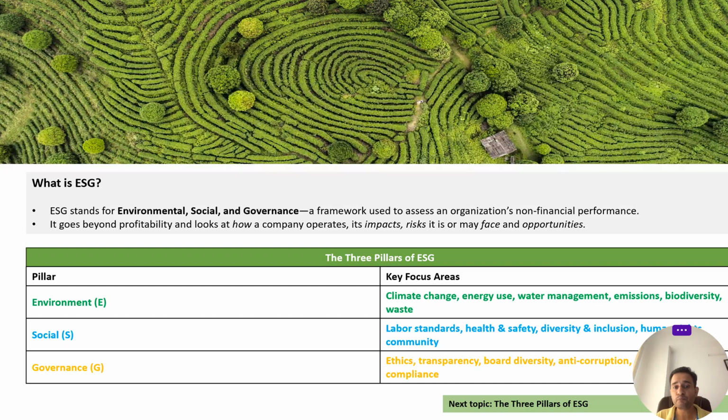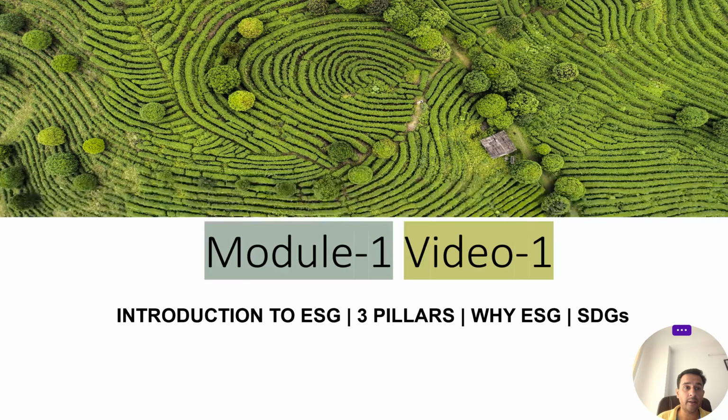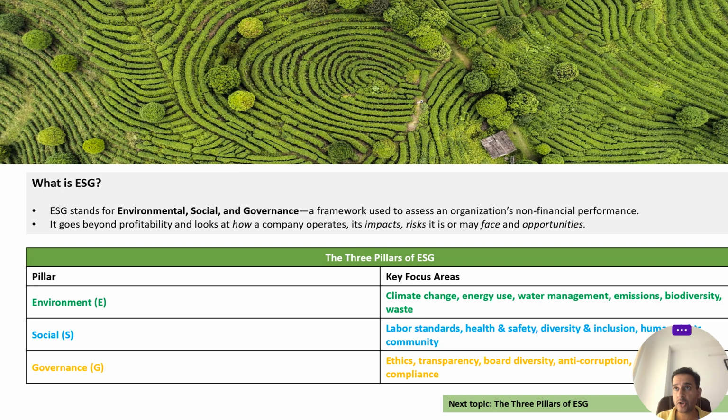For example, under environment, climate change is the biggest issue, with greenhouse gas emissions. Then water is another major issue. Waste related issues are there. Circularity, which is related to waste. Then we have sustainable packaging, which is also related to waste. Then biodiversity related issues. Then energy management, right? There are a lot of different things which come under energy management, like use of renewable energy. So these are the different areas.